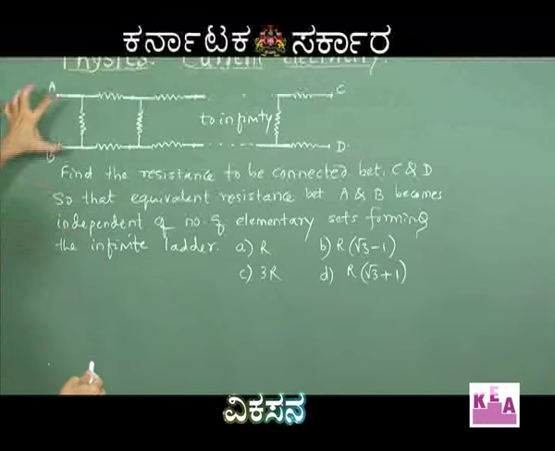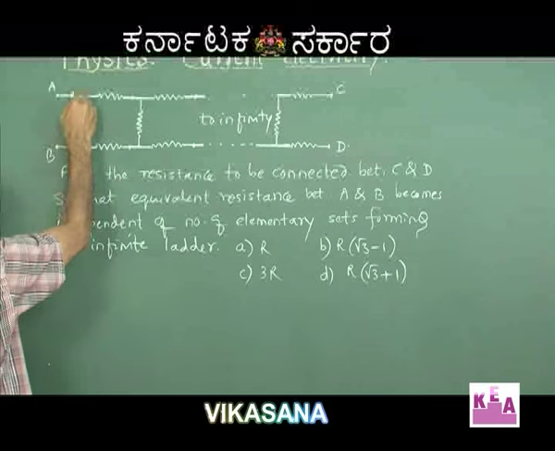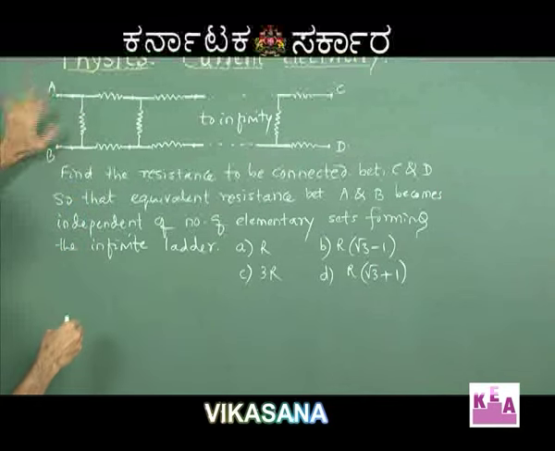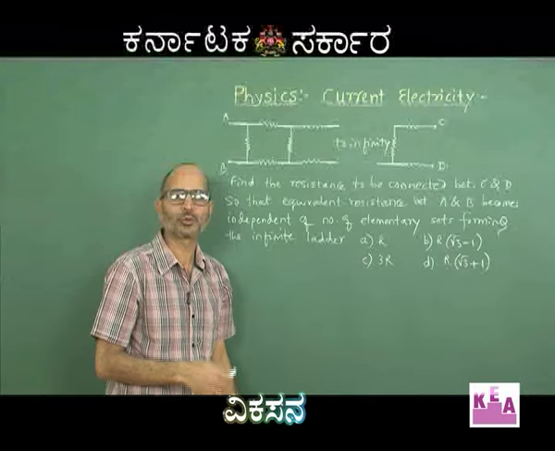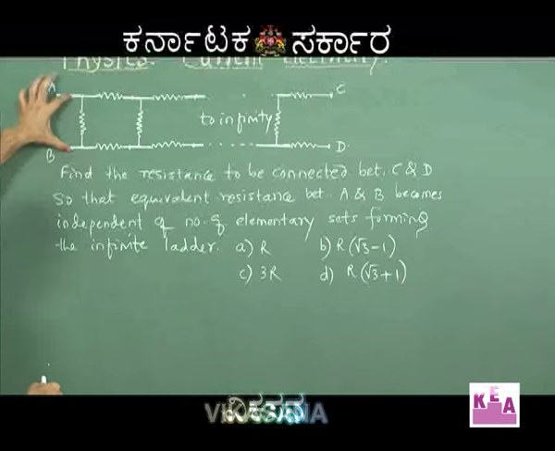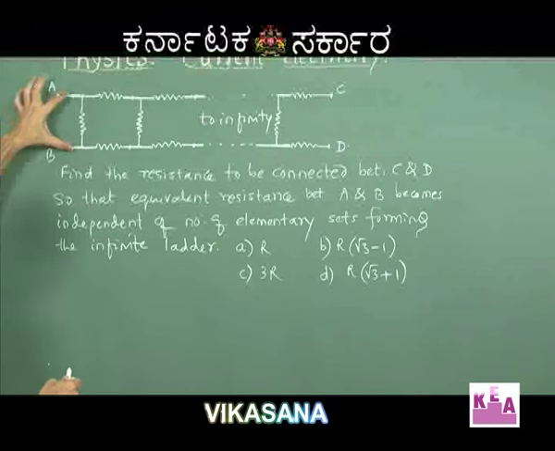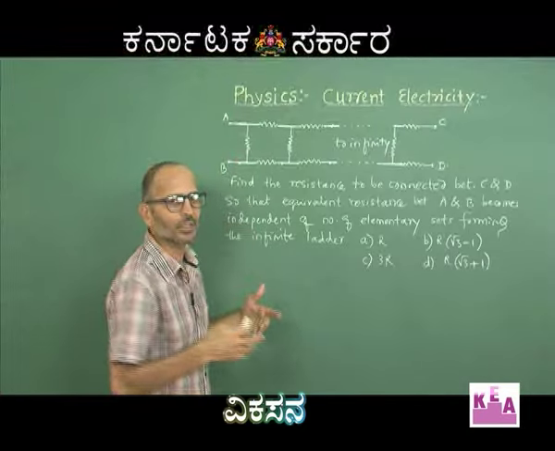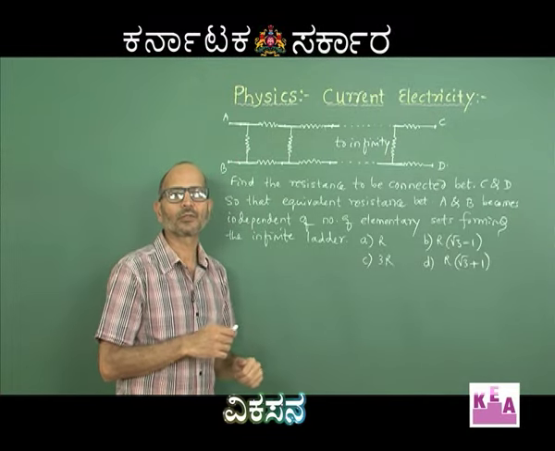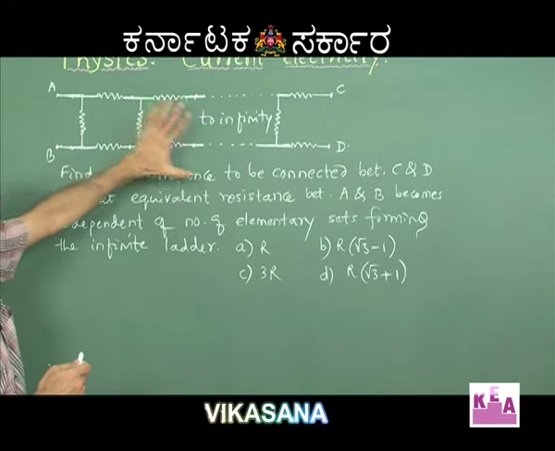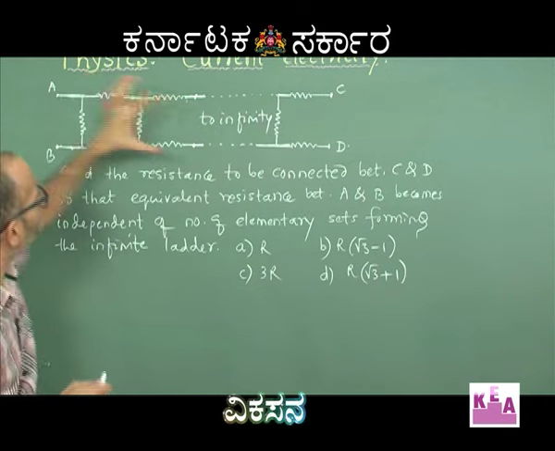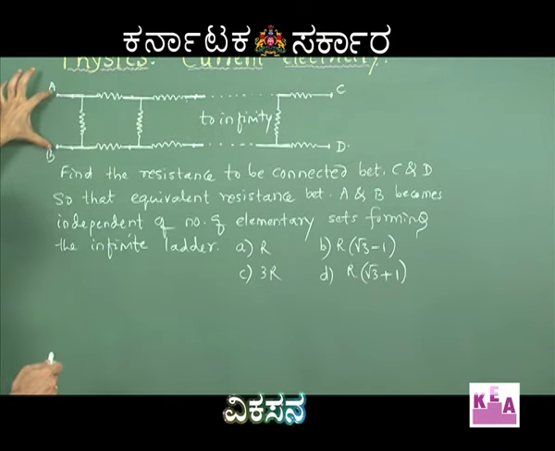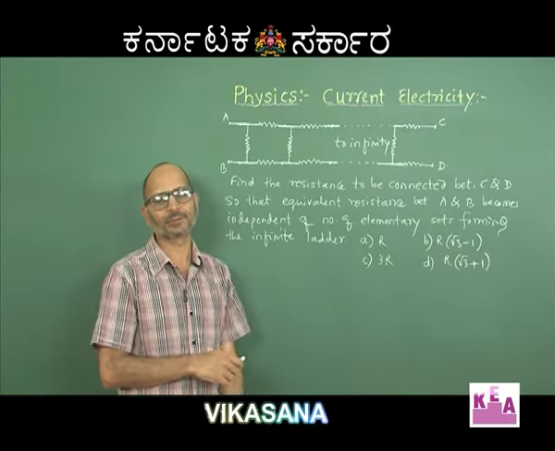But that also implies that even if I connect it here, see, between A and B directly, because I have not taken any number of elementary sets at all, because it should become independent of the number of elementary sets that I am supposed to use. So, even when I connect that X here between the points A and B directly, it should not matter. But if I connect that resistance X between A and B, what will be the equivalent resistance between A and B? X. So, what I will do is I will redraw this network considering one of the elementary sets and our resistance X connected between C and D to be here and call the equivalent resistance between A and B also as X.